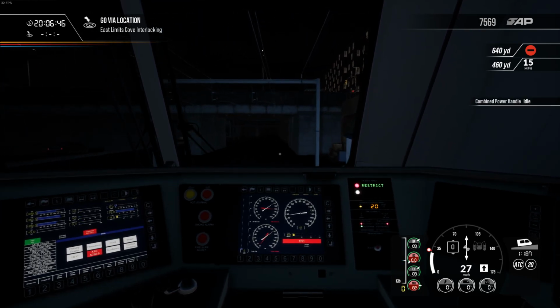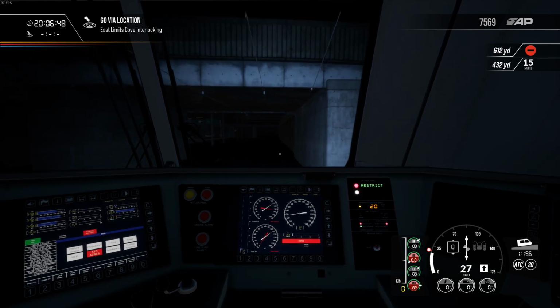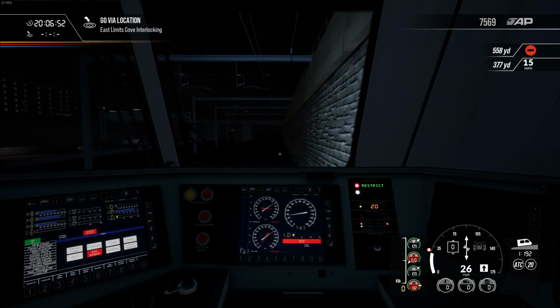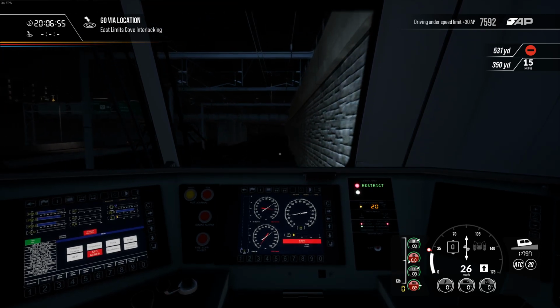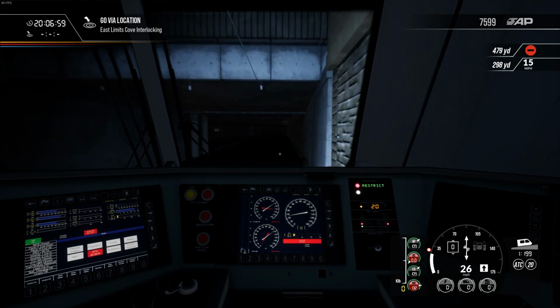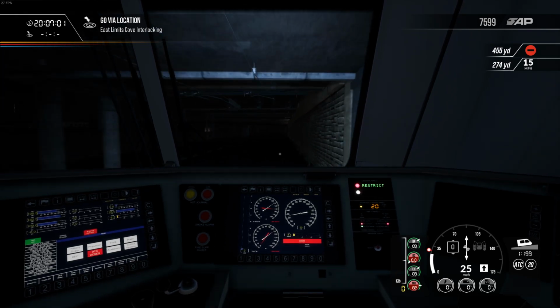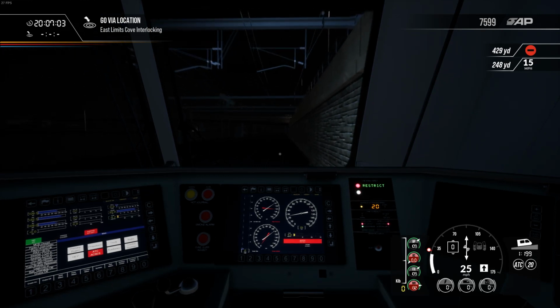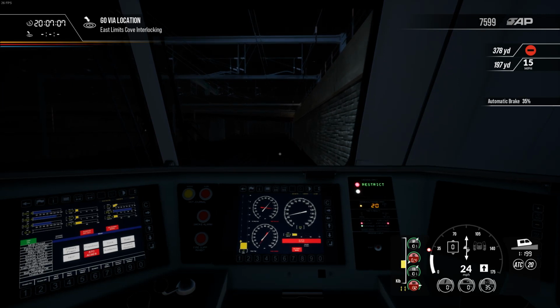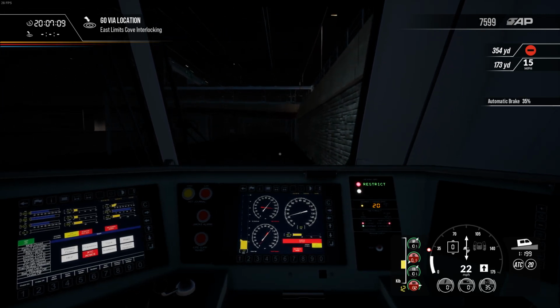Now this is something I wouldn't mind seeing in TSW, even though I think they're hideous. Unrebuilt Merchant Navy Pacifics, specifically number 21C1 Channel Packet, in her original 1940 or 1941 condition. Even though, as I say, I think the unrebuilt Merchant Navies are hideous. But